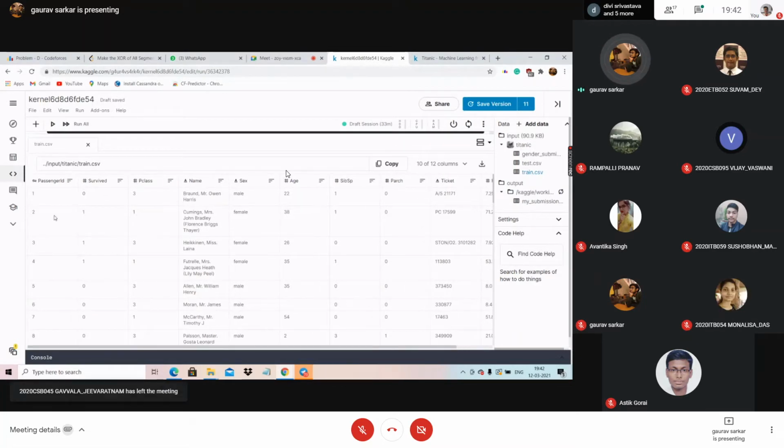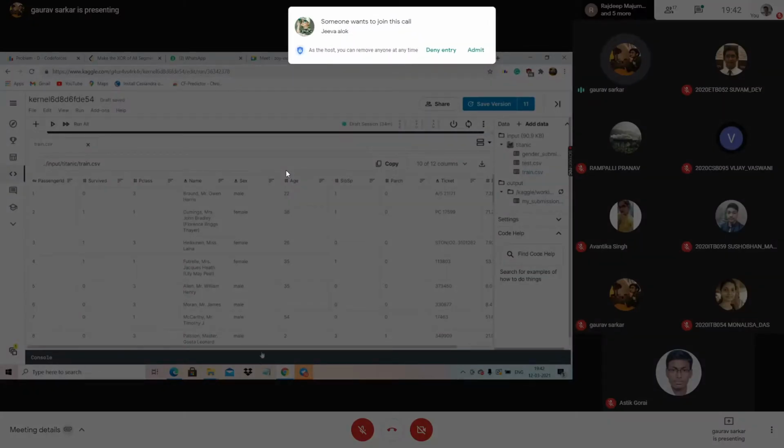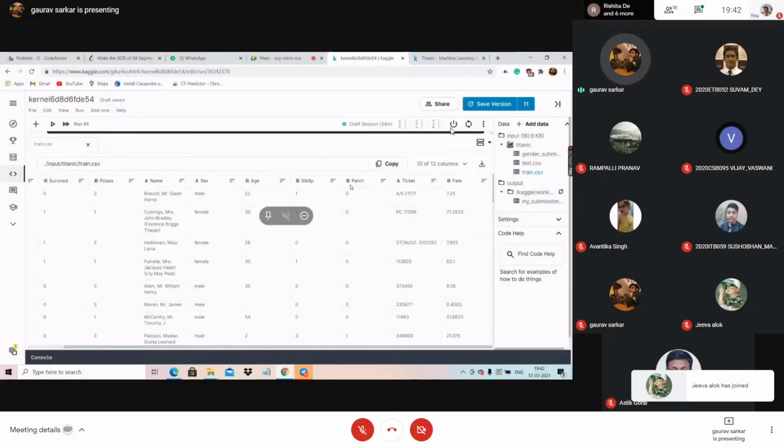See the headings. There is the passenger ID, the survived. Okay, this column is very important. Survived is denoted by 0 and 1. By 0, it means the person is dead, and by 1, it means the person survived the shipwreck. Then there are other things like P class, name, sex, age. A lot of headings are provided. All these headings, fare, ticket, parch, sibsp, age, are the independent variables, and we have to predict the survival rate based on all this data.